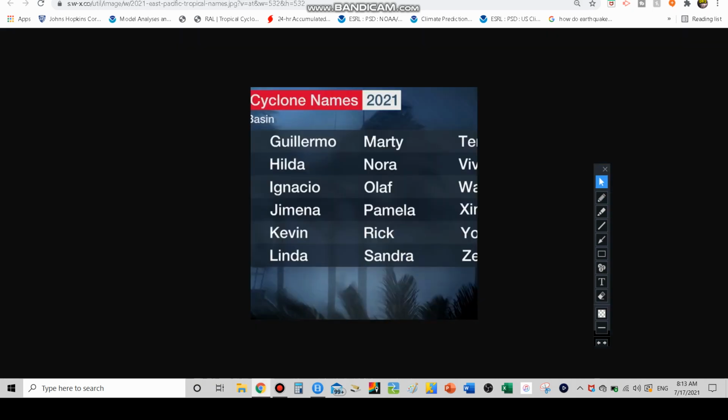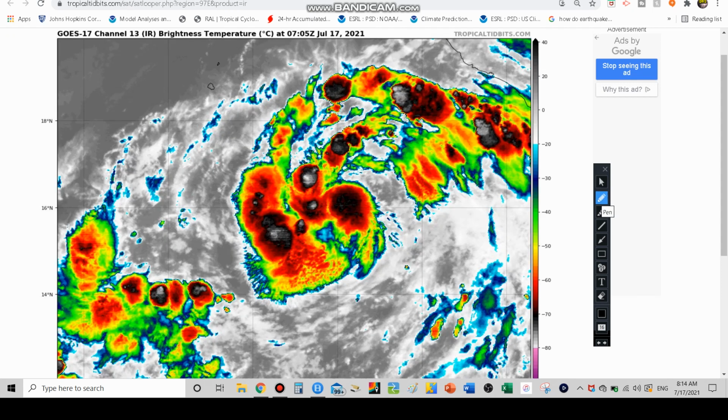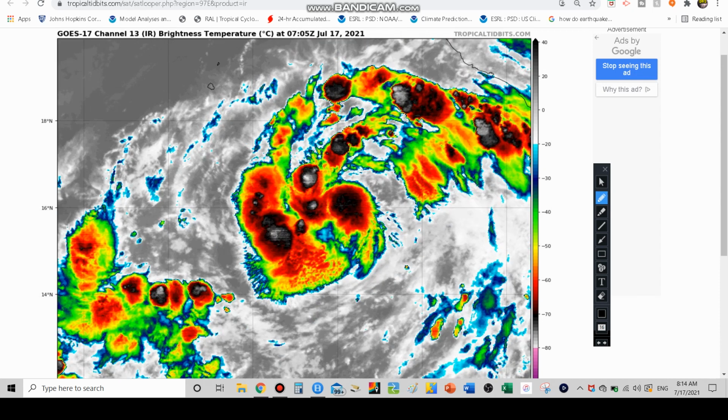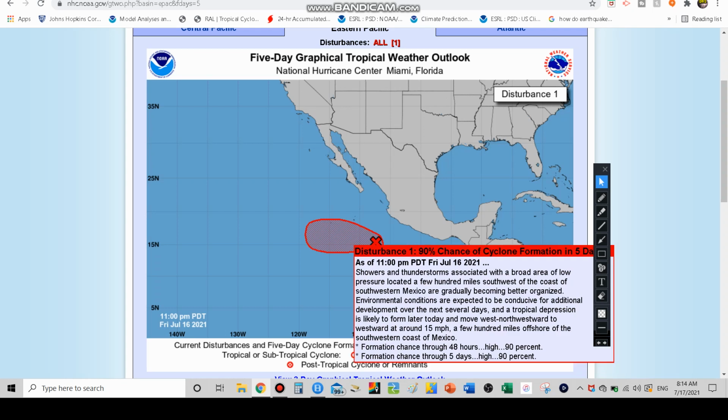Our next name on our list, we have Felicia right now. Guillermo is the next name on our list, for the Pacific at least, followed by Hilda after that. So looking at this thing on the satellite right now, it's starting to get its rotation, right? Like you can see, it's trying. There's definitely a lot of convection associated right here near center. And the center, I think, is around, let's see,